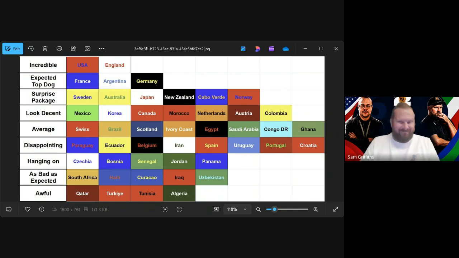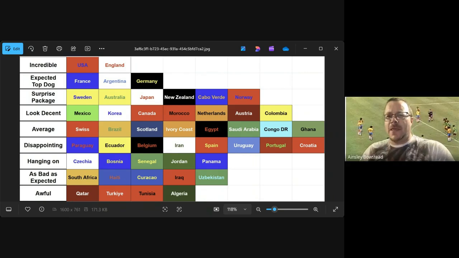Graham Potter. Yeah. Who haven't we spoken about, Ains? Well, the Swiss? I suppose in the looking decent category, the 2 on the end, Austria and Colombia, are 2 we haven't really focused on a great deal yet. I think they feel just right where you've placed them: decent teams that have got victories but haven't really stepped it up to make you think, oh yeah, they're one to watch.